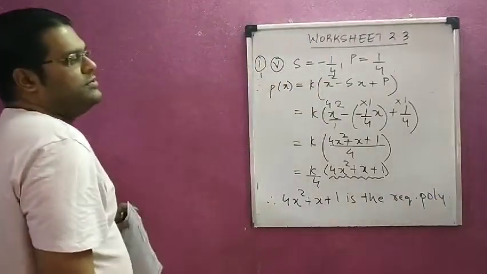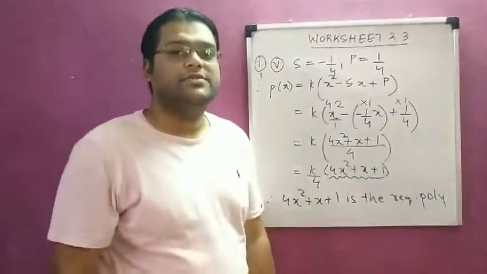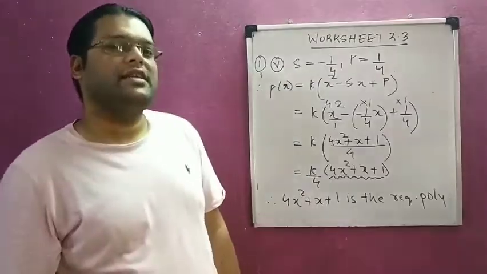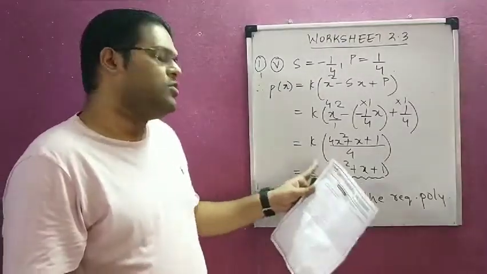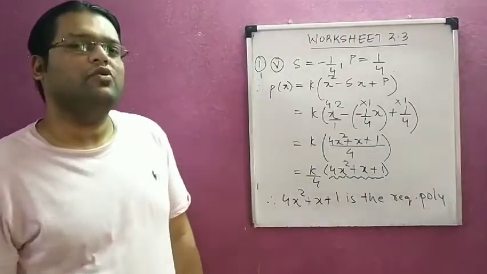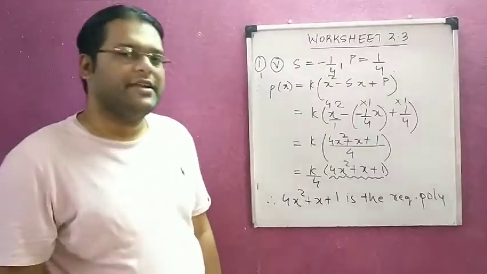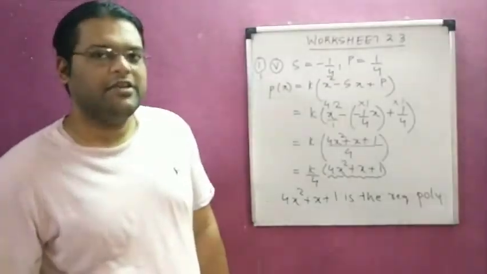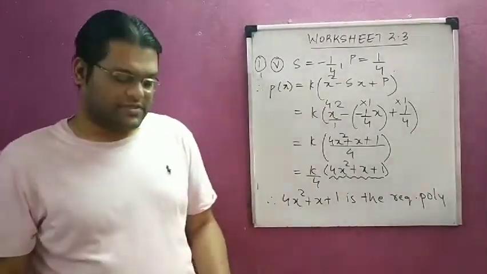Right? So, do not keep anything in the denominator when you are writing the final answer, and do not include the k. We only have to write the polynomial inside the bracket. So please verify your answer. If anything is incorrect, please make the necessary corrections.